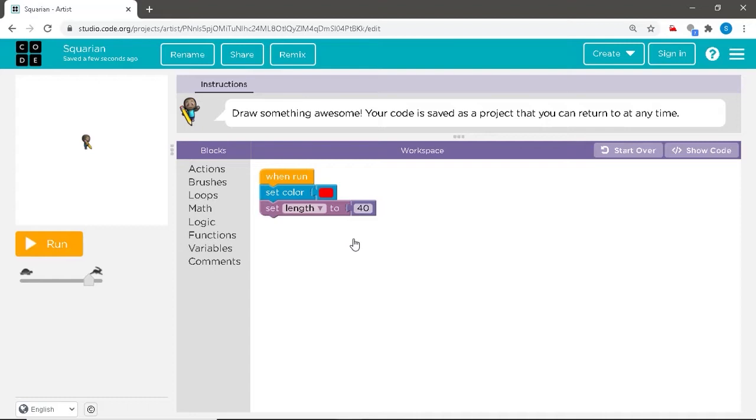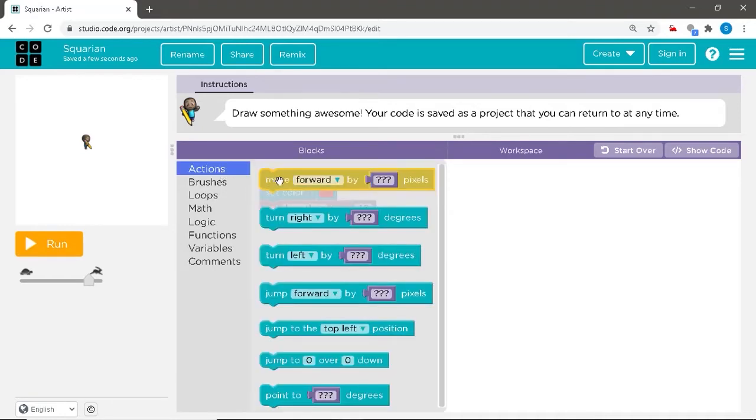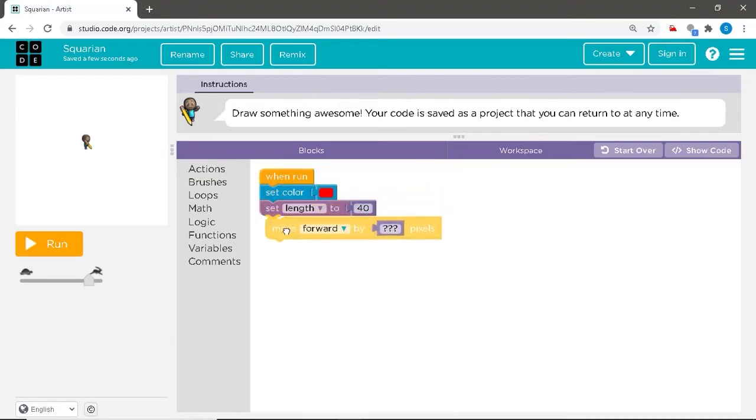Okay, we should start creating our pattern by the first square. How do we create our first square? Just like we have learned in the previous videos, our first square should be created in a similar way. So we go to the actions category, drag the move forward command, assemble it in the scripting section. Now, how much forward should we move? Yes, we should move the number of units that is required for creating the side of a square. That is, we should move 40 units.